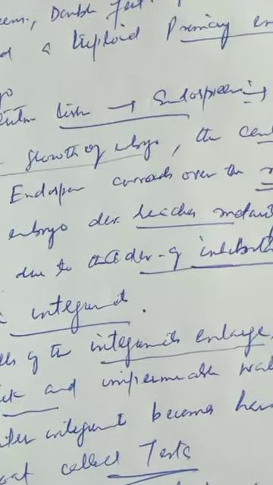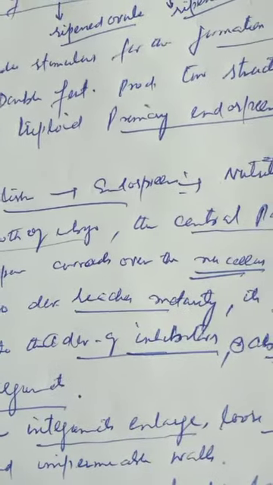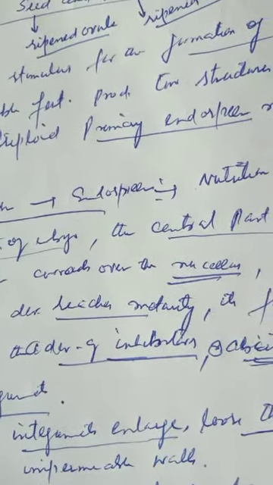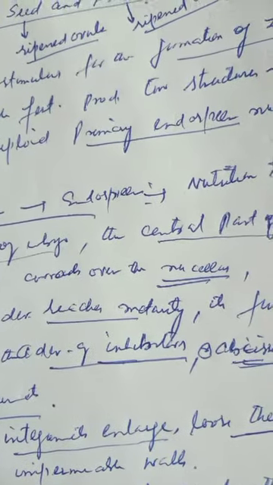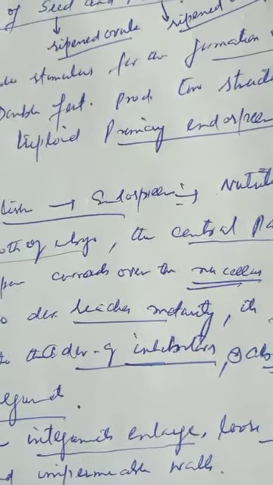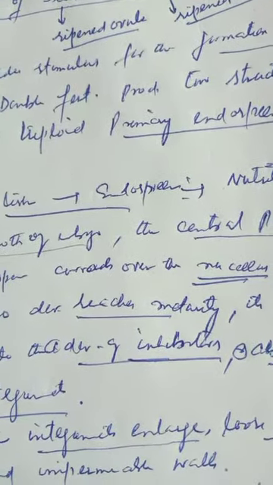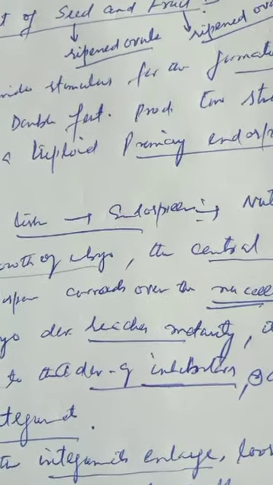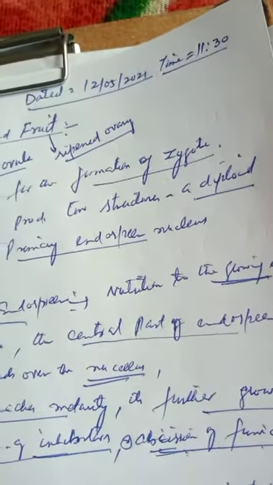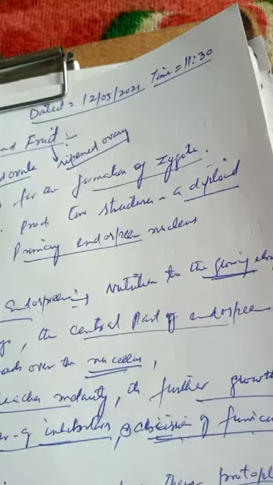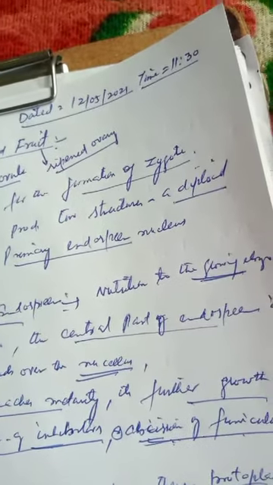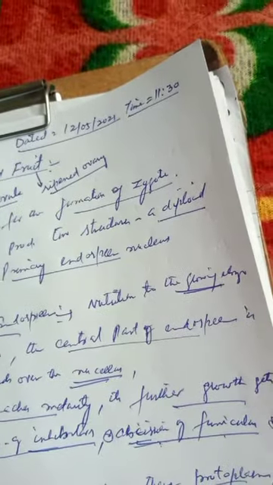Let me repeat. Development of seed and fruit is our today's topic. Seed is the ripened ovule, while fruit is the ripened ovary. We know fertilization provides stimulus for the formation of zygote. In angiosperms, double fertilization takes place and produces two structures, a diploid zygote and a primary endosperm nucleus. The zygote produces the embryo, while the primary endosperm nucleus produces a nutritive tissue called endosperm, which provides nutrition